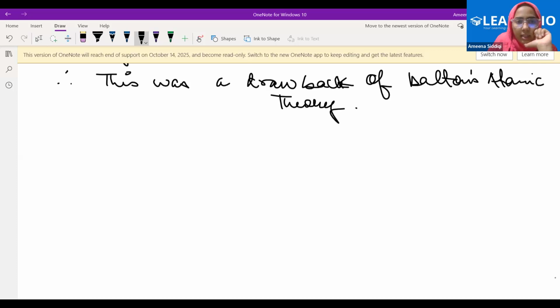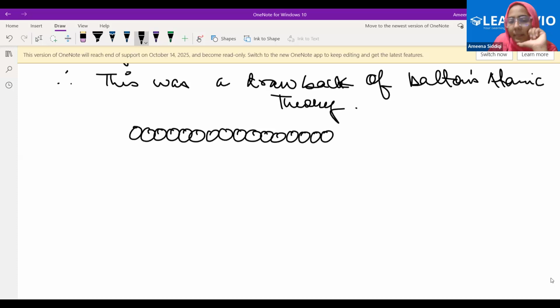See, let's suppose if we have one element. So one element basically means all atoms will be the same, right? Yes, ma'am. They are the same, but what is happening? Let's suppose out of these atoms,